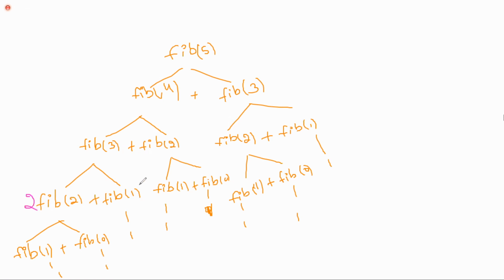Here the value is 2. Here the value is 1 only. So again 2 plus 1, here it is 3. Now 1 plus 1 is equal to 2. Here it is 3 plus 2, which is equal to 5. 1 plus 1 is 2, 2 plus 1 where here it is 1 only, 2 plus 1 is 3. 5 plus 3 will give you 8.